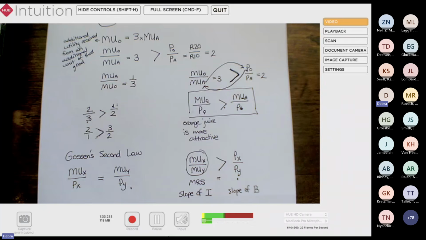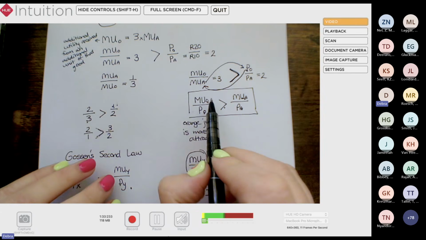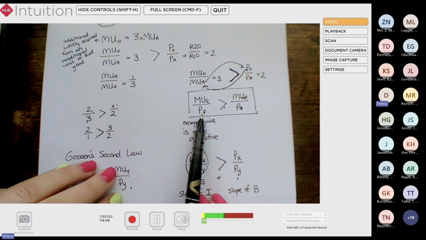Could we think of the MUX over price X as how much we value X? So value has to do more with the benefit. So when we are taking the marginal utility of something and dividing it by the price, what we're saying there